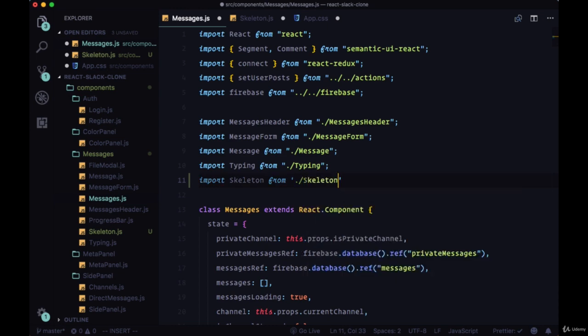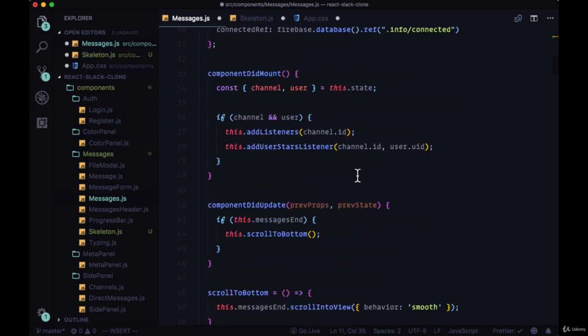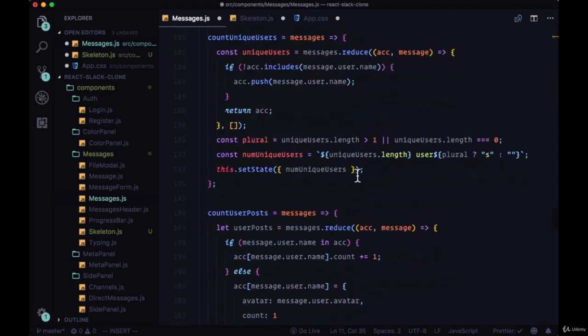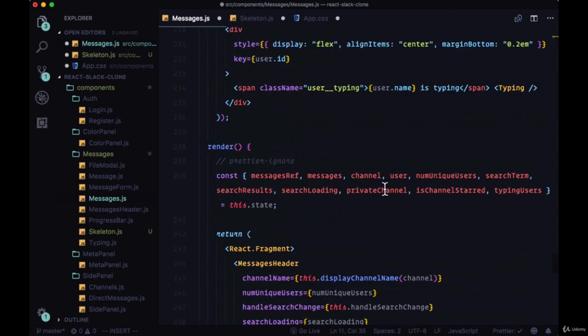So with the skeleton component, as the name suggests, it provides a kind of outline for each of our messages that are being loaded to describe to our user beforehand what they'll see